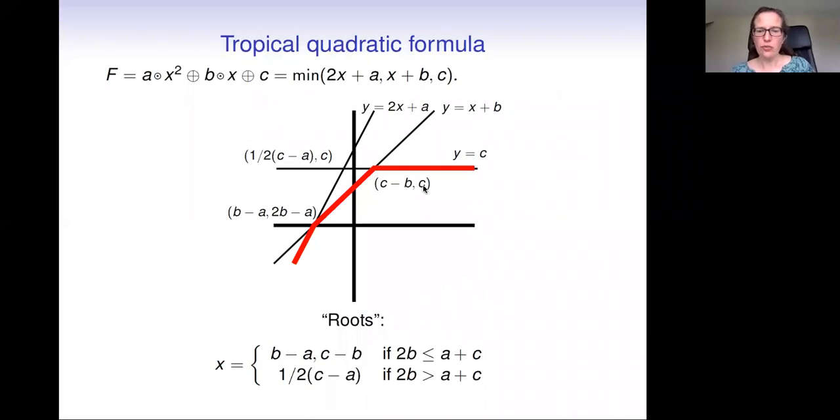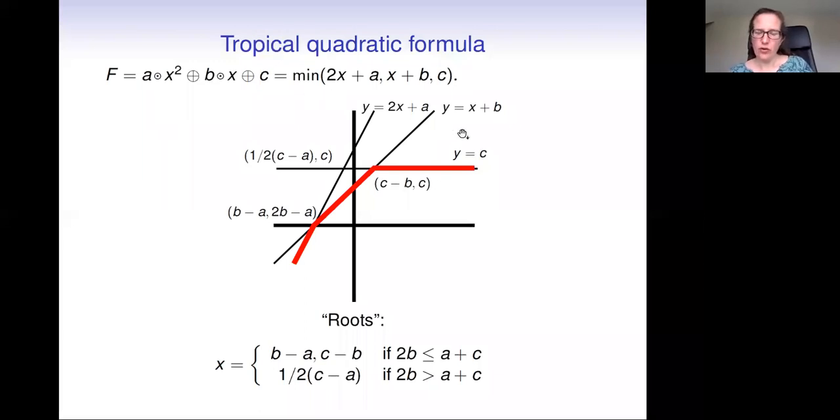Okay, before we move on to more variables though, I want to do one more kind of fun exercise, which actually shows what's coming a little later as well. And that's the tropical quadratic formula. So if I start with a polynomial like ax squared plus bx plus c, which in usual arithmetic we can write as the minimum of 2x plus a, x plus b, and c,